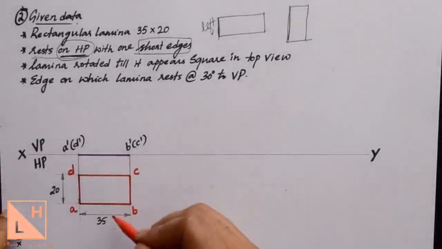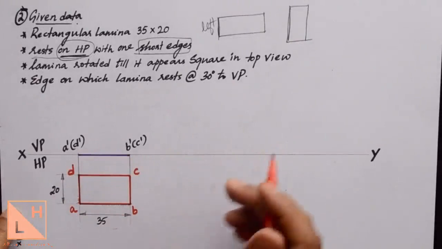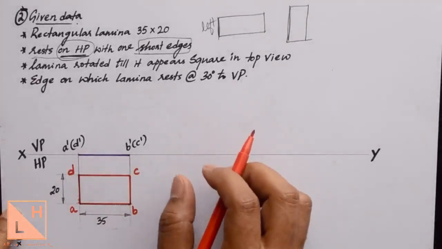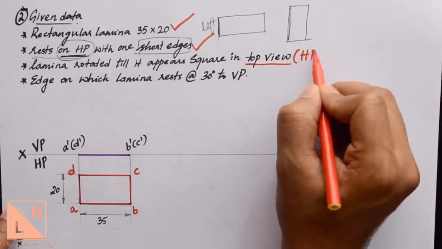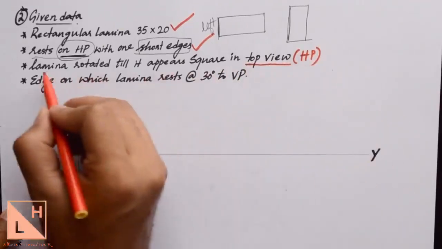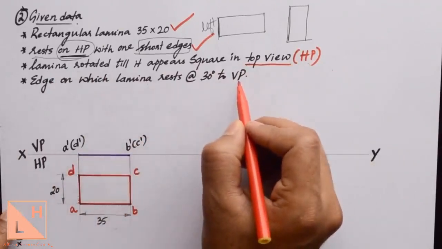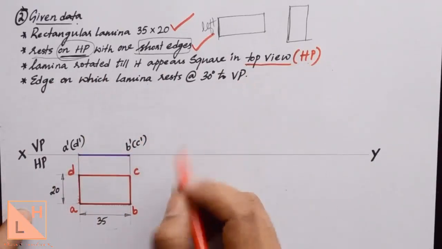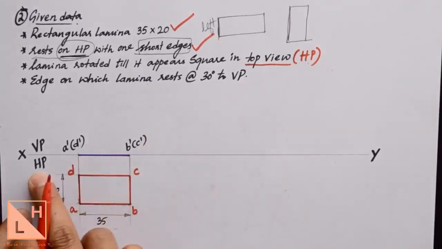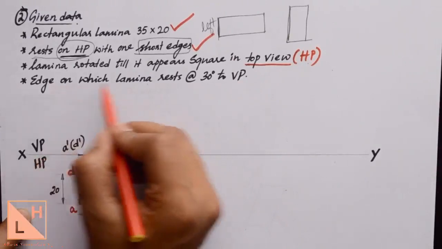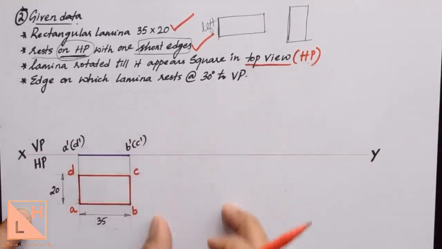Once the first position is completed, for the second position you need to take the condition with respect to which plane. You have to ask that question to yourself. It's given as top view. Top view in the sense it is drawn on horizontal plane. So this is the condition with respect to HP and this is the condition with respect to VP. Which one to take first? That is the question you need to ask for the second position. Since we have drawn the plane figure on HP, take the condition with HP first. This is condition with VP. Take this condition and apply it for the second position.